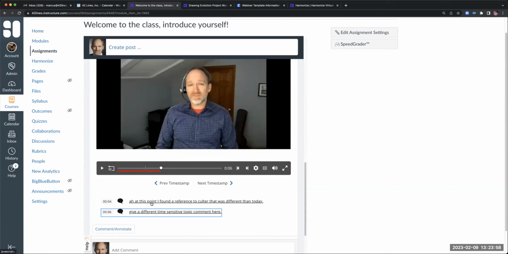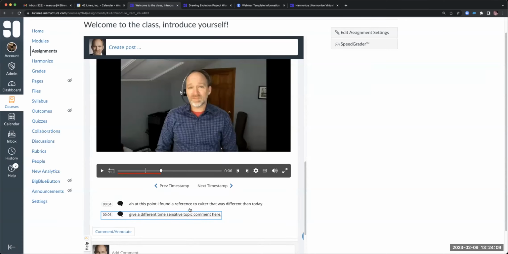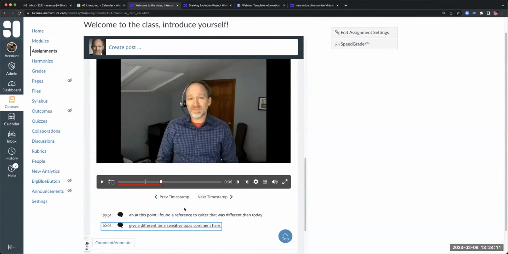So these same tools are available to students to be able to do as well. So if a student had uploaded a video, they could comment, annotate on it. If the student had uploaded an image, same thing, you or they could comment and annotate and draw on them as they go. So just interesting ways to be able to take what is normally a difficult thing to do